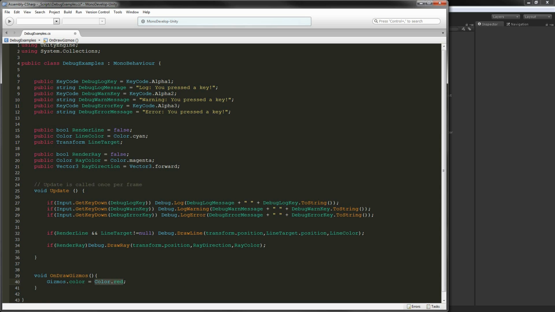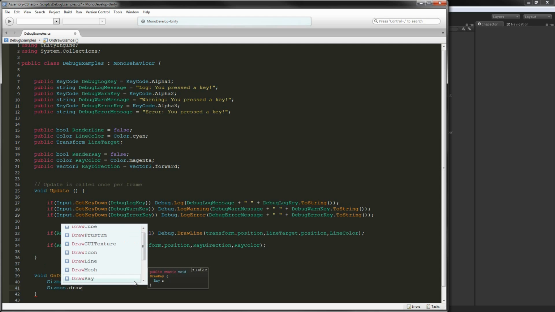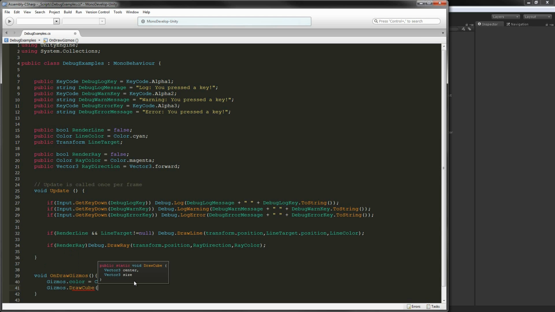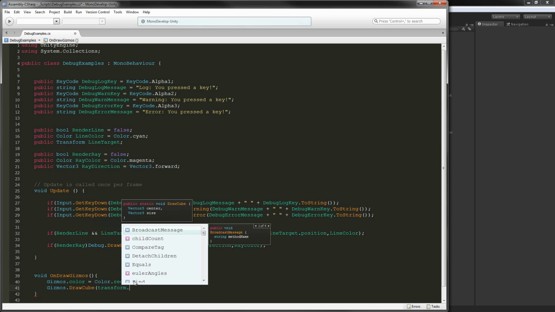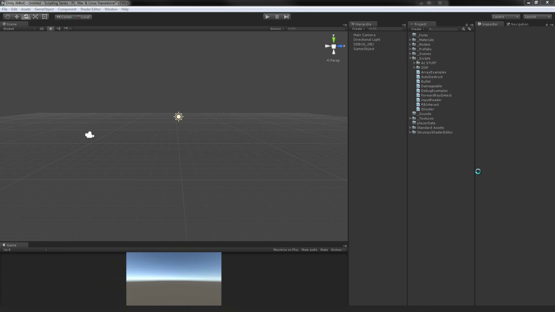Great. So the first thing we're going to do is set this to red, I guess. And then we're going to say Gizmos.DrawCube. Cubes are very, very simple. They just take a center and a size. So the center is going to be transform.position, and the size is going to be Vector3.one, and that's it. So if I save this and I come back in here,